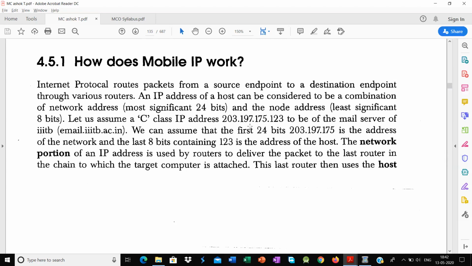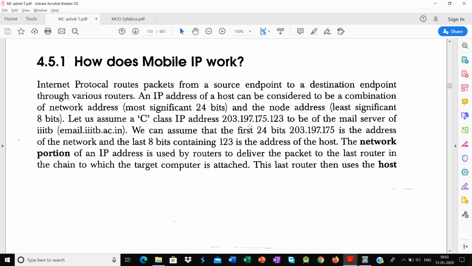One mail server is there. You can consider it as iit.ac.in. So in this 32-bit address, the first 24 bits, that is 203.197.175, is the address of your network, and the last 8 bits, that is 123, is nothing but